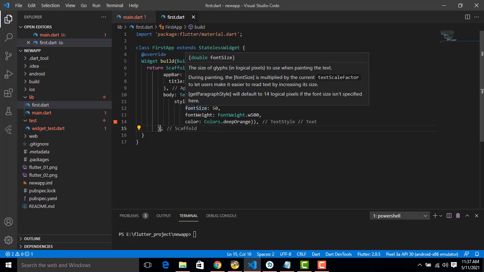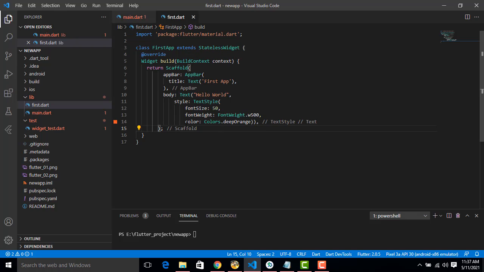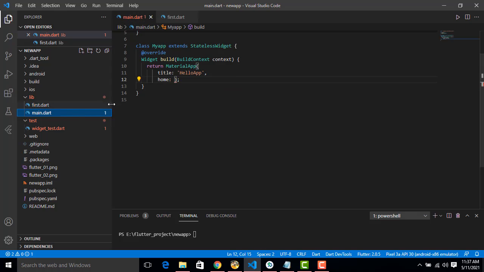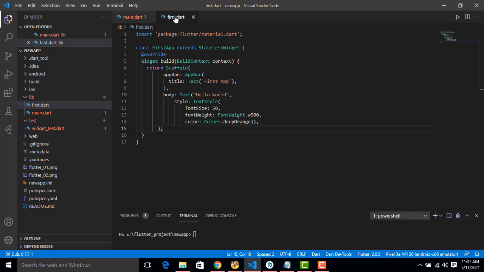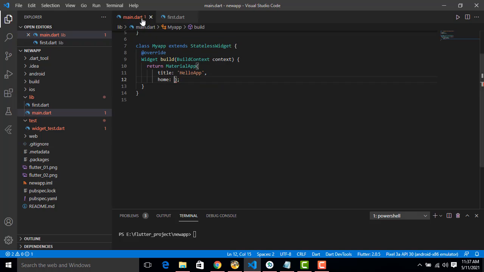Now how to run this app is very simple. The way to run the app: go to main dart. Here, to import this page, there is simply the main dart page. This is the page where we have to get it. To get it here, you have to write the function name. What is the function name? First step, you have to press Control C to copy. You have to paste it here. This is the page you have to connect. Okay. So you have to write like this.